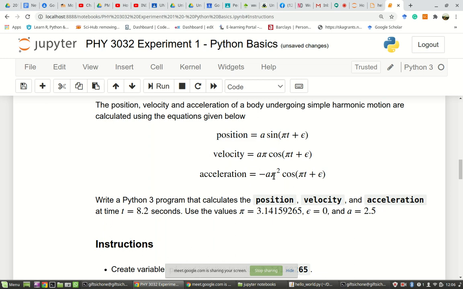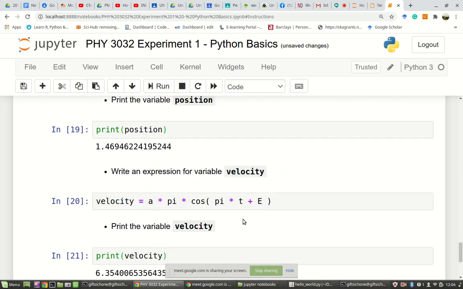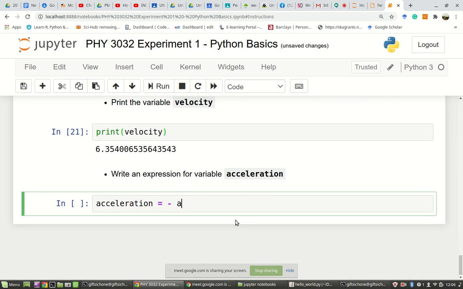So there's minus a times pi, then to the power, you want to raise something to the power, use two stars, to the power 2, then after that, times. So that is the front part, then the inside part,